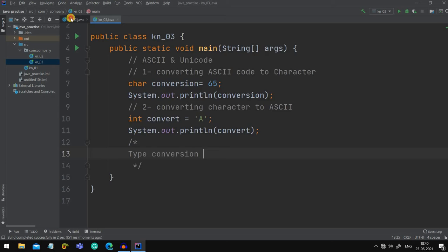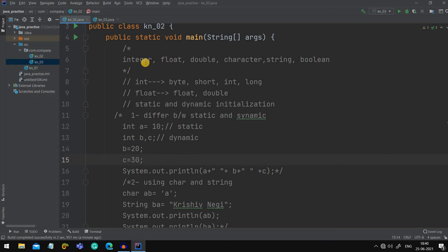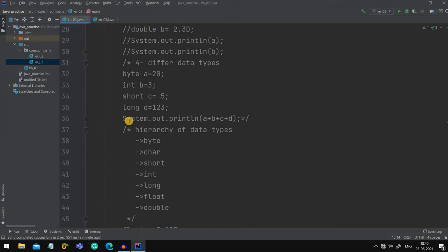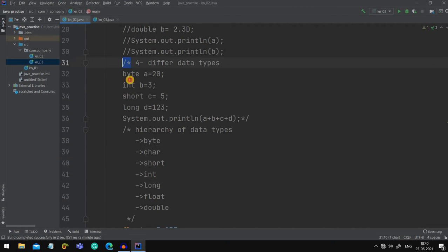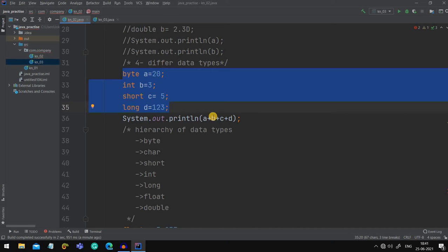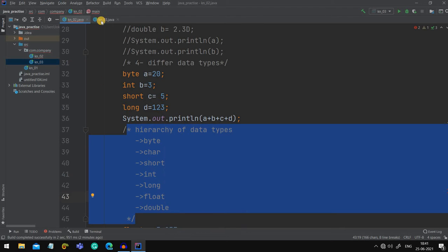See here, I told you something about type conversion, I remember. Let me show you. Here, the term hierarchy of data types was also related to this. When we were doing this program, there was a type conversion. Yes, we were getting the output in long. This was also type conversion. Numerous data types are used here, and we are getting the output in a single data type. And how we get the output in a single data type is defined by the hierarchy of the data types.